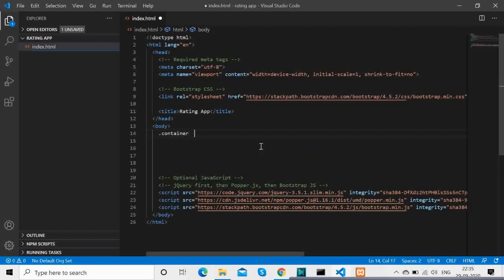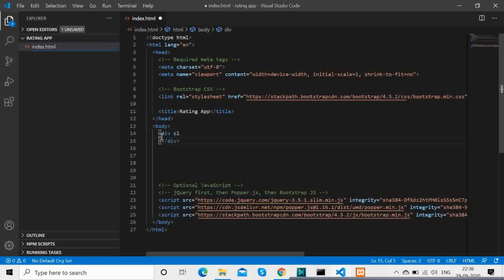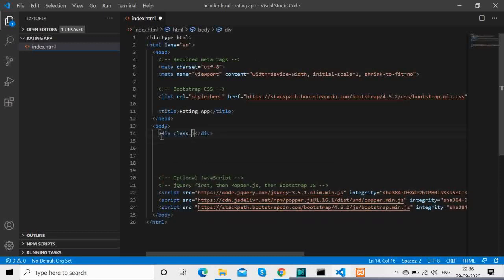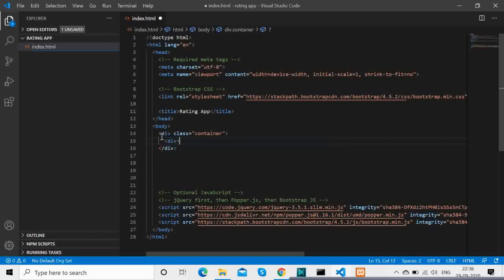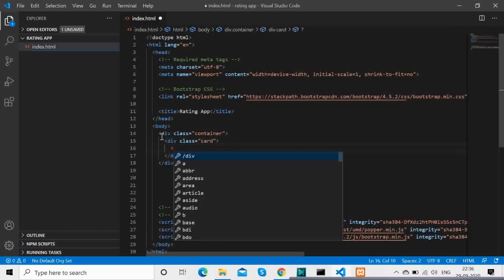I am declaring a container, a div inside which we'll have our rating application. We'll have it within a card. This is the basic HTML template which we'll be using, so we are getting things ready before we can proceed.